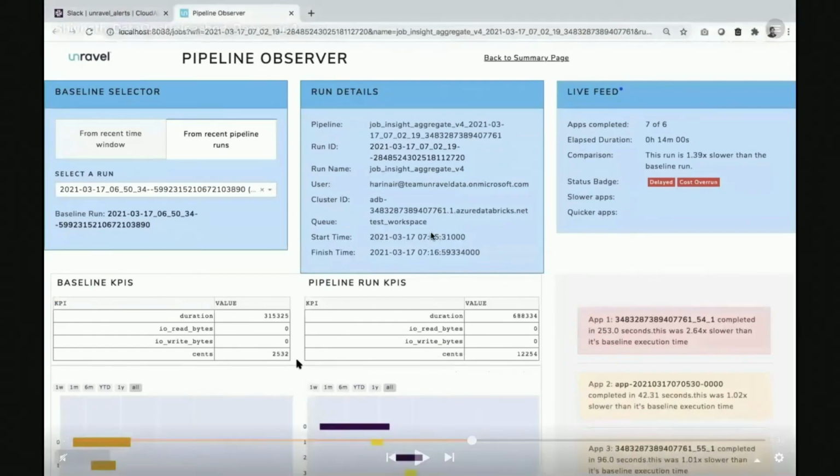So if you look at the corresponding baseline value, now we'll look at the cost. The cost is shown in cents. So this is around $2, which is what the pipeline usually takes to run. But today's run has already taken $12, right? 6 times more. And once again, we can drill down into the applications itself to understand which application is causing